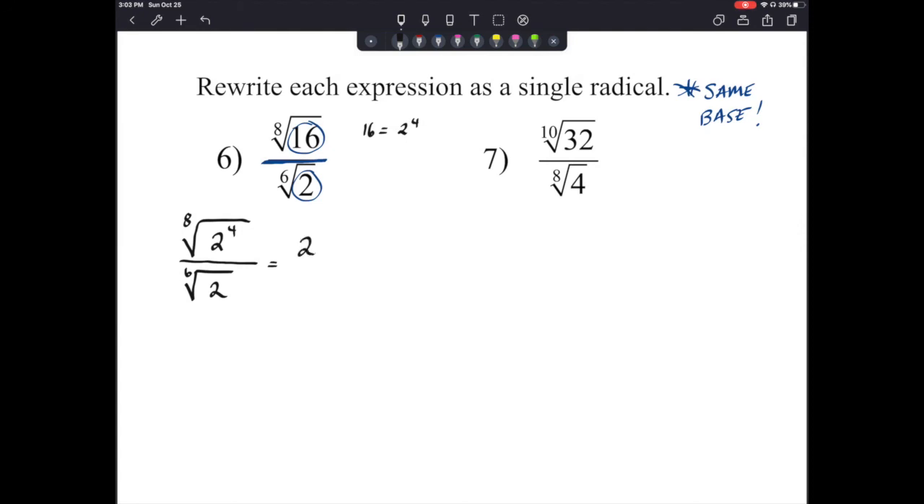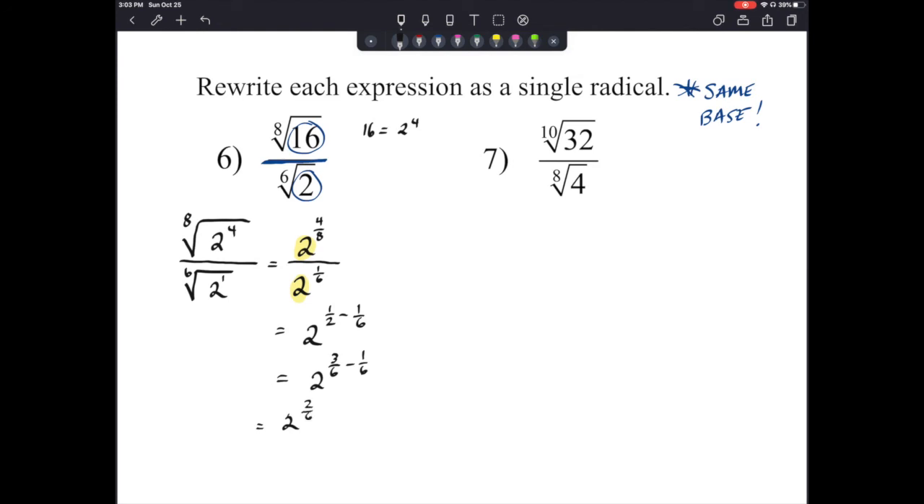This is like saying 2 to the 4/8 power over 2 to the 1/6 power. So now I'm dividing two numbers with the same base. We can take this and rewrite this as 2 to the 4/8 minus 1/6, or I can rewrite my 4/8 as 1/2 minus 1/6. Because when we divide two numbers with the same base, we can subtract the exponents. Now when we get a common denominator, we've got 2 to the 3/6 minus 1/6 is going to be 2 to the